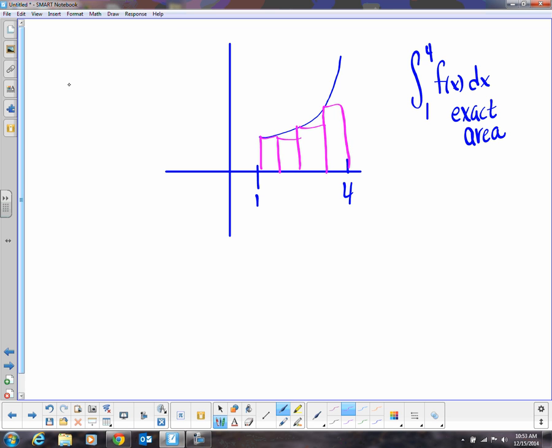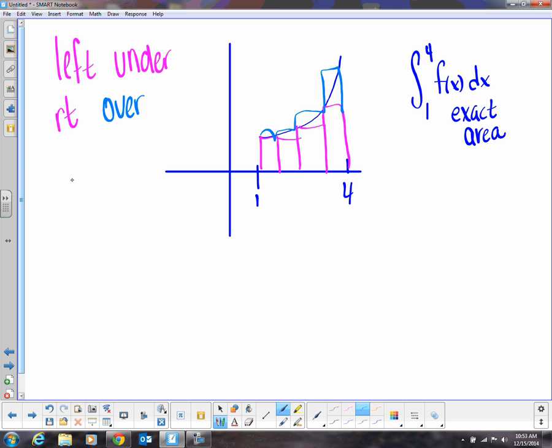What are they asking? So anyway, I'll just talk and then we'll read the question. Left is an underestimate. Okay, what about the right? If I were to come up here and do a right rectangle, what do I know? It is an overestimate. So I'm thinking they're asking, oh, midpoint. So if we look at midpoint,